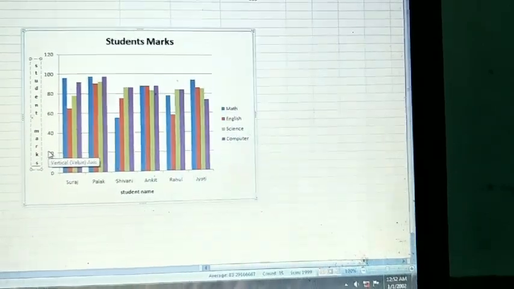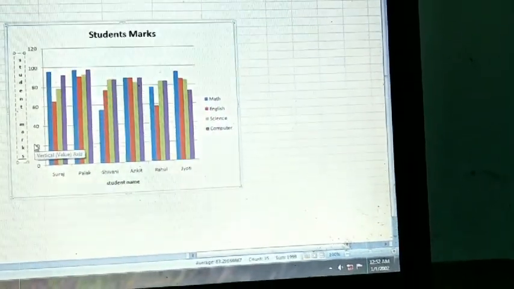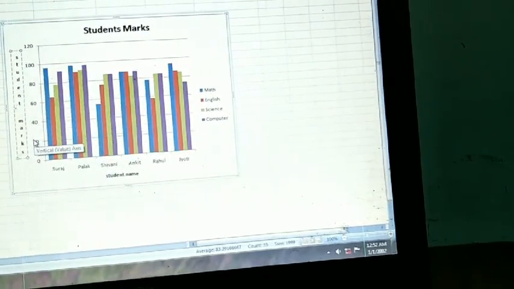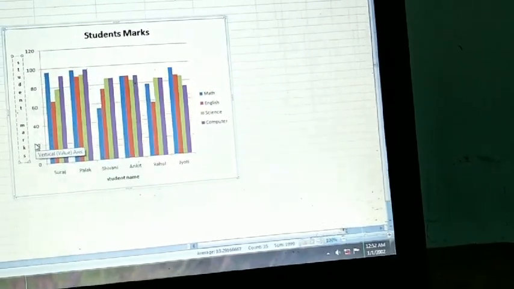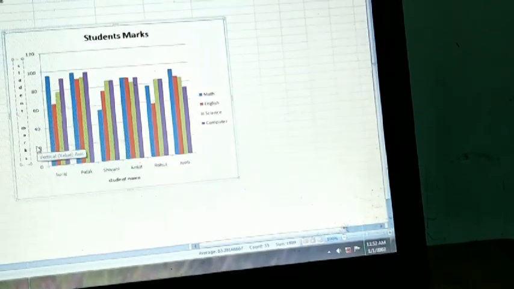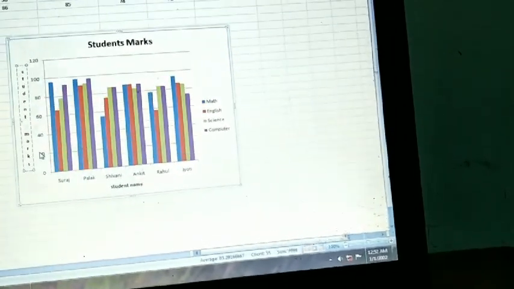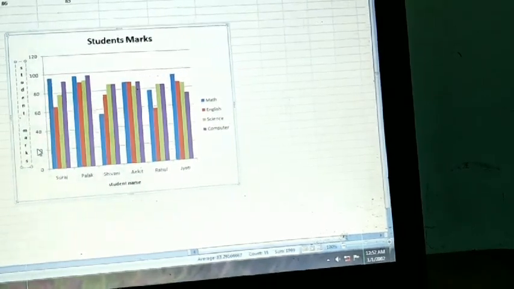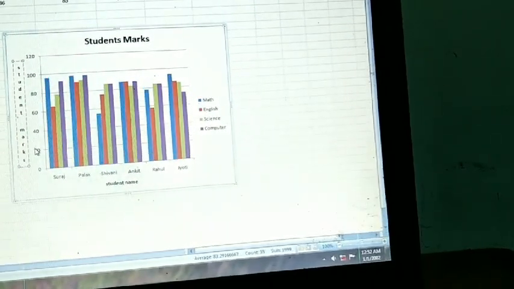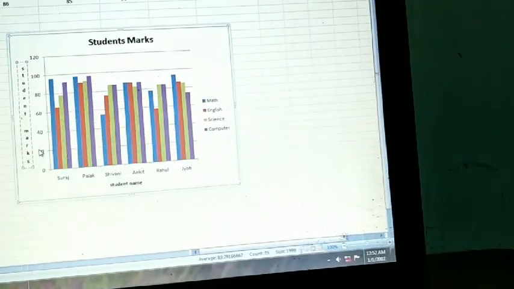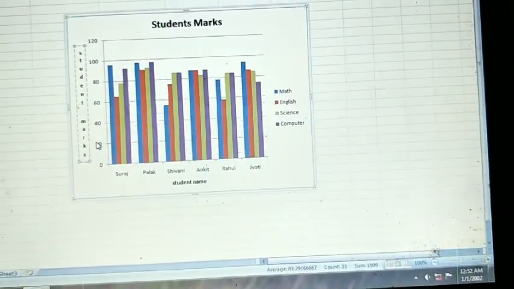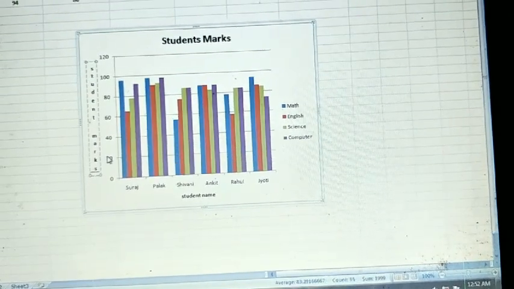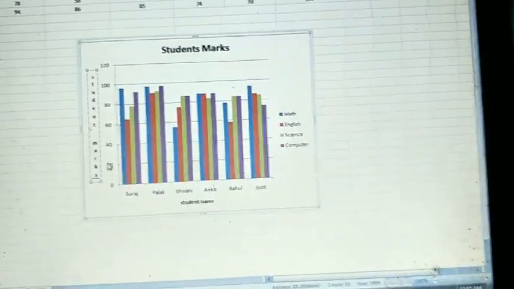Okay, that is the use of axis title. The axis titles are the titles given to the x and y axis of a 2D chart and the x, y and z axis of a 3D chart. So with the help of this title you can understand for which purpose x-axis is used and for which purpose y-axis is used. Here the x-axis is used to represent the category of the data, and y-axis is used to represent the value of the data.